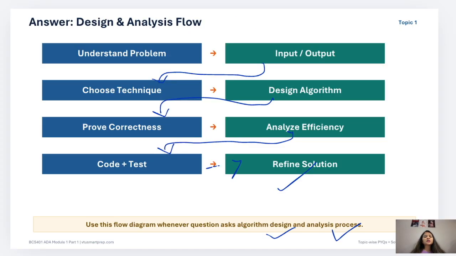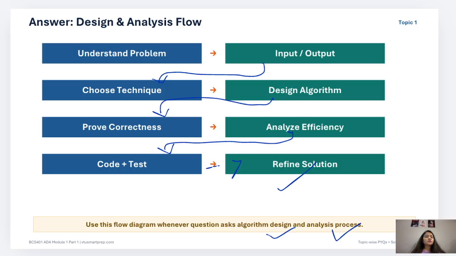So this block diagram you have to remember. According to this block diagram, you have to explain the same thing as it is. Just now I explained the stages, right? For those stages, you have to show the design and analysis flow. So write down this flow chart, or you can say a block diagram, and also the explanation for each